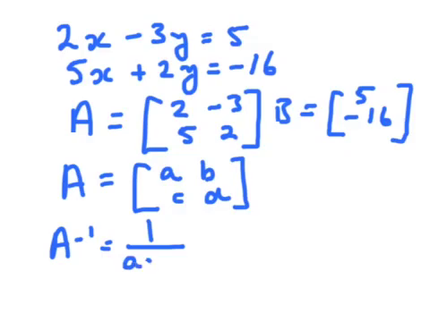It's A times D minus B times C, so the product of one diagonal, subtract the product of the other diagonal, and then we switch